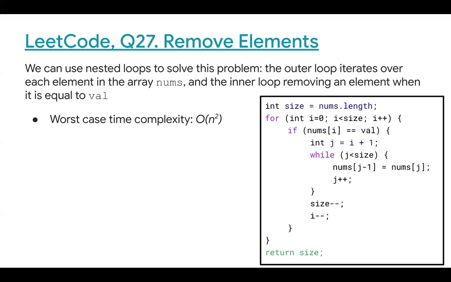But a more rigorous explanation is, what is the worst case? The worst case is that all the elements in this array are equal to val, and then what's going to happen is,